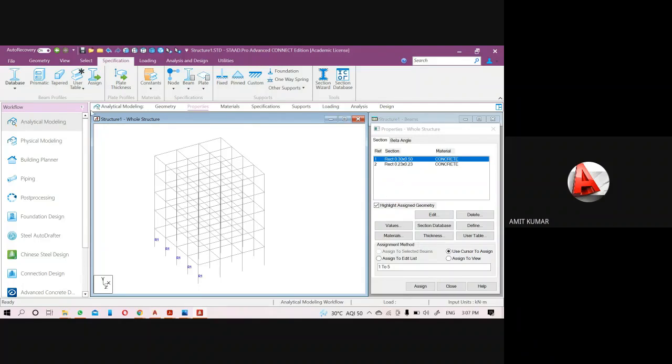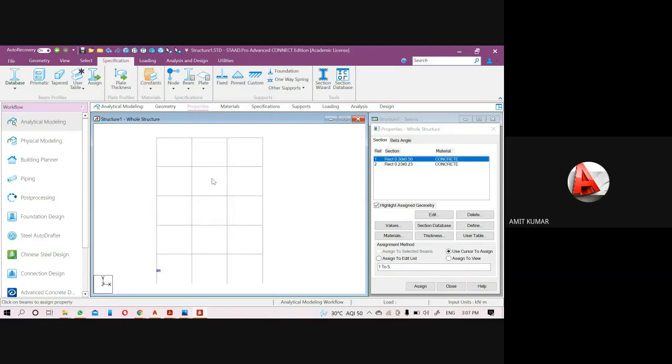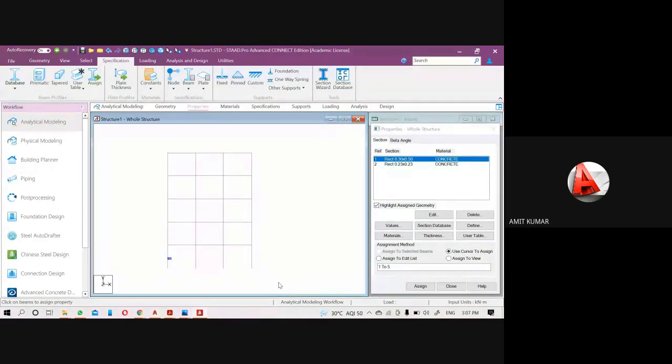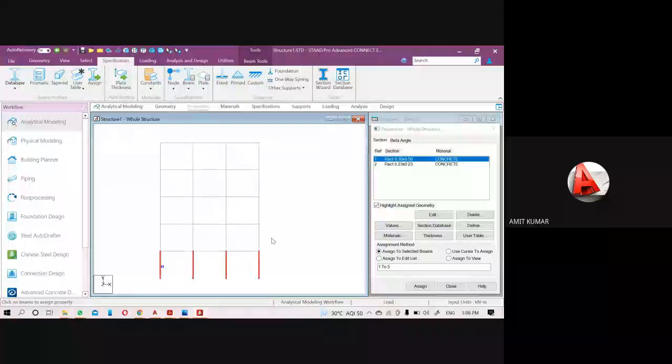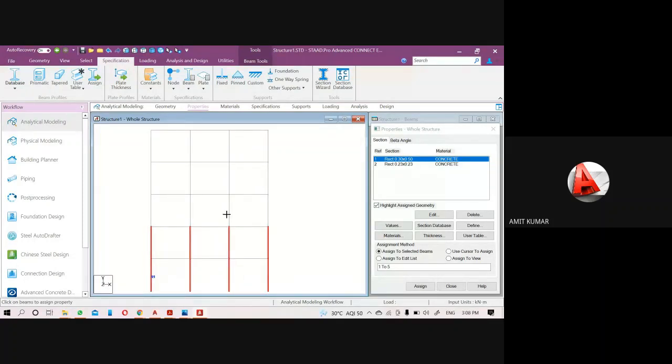For this, the first thing is to arrange your structure in the front view and select all the columns one by one. But we can select them through the dragging method, like this. First select this property R1, that is the reference one, then select the columns, then press Control. Here you are seeing a rectangular selection window shown with a dotted line.